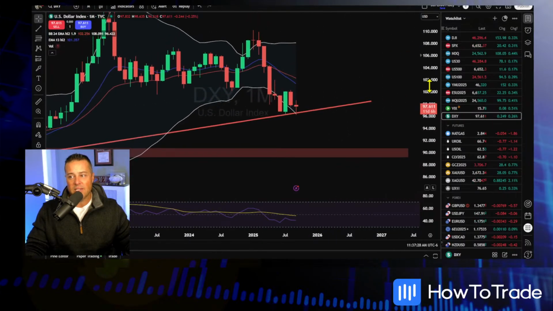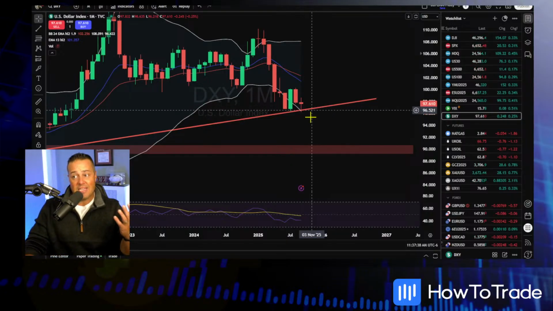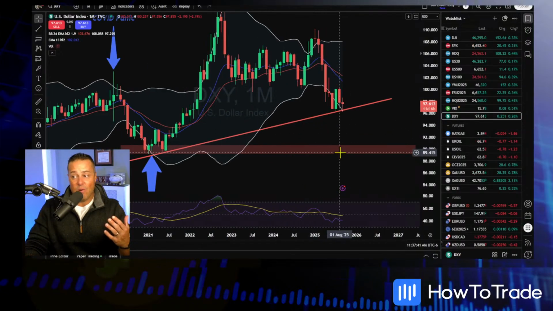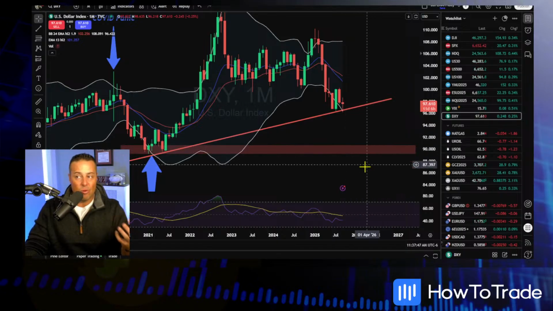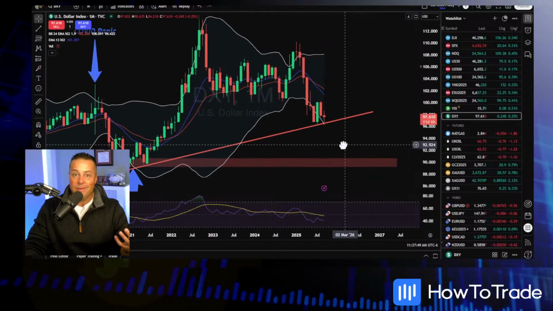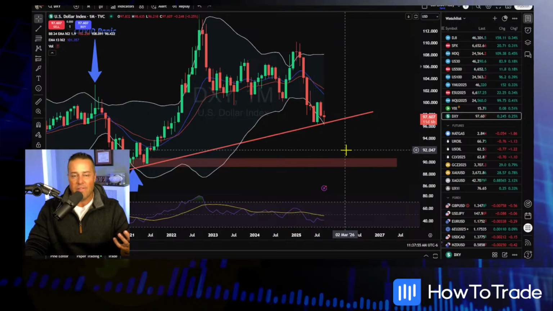What I would say is this downside, this level right here, this line somewhere between, I'd say 95 and 97, absolutely huge for the U.S. dollar. If you see this line taken out to the downside, I would say my next target's going to be somewhere on the COVID lows, the post-COVID lows, down around 90. I would say 92 or 90 will definitely come into play. No question about it. And the reason why is you're compressed. If you break and we get a monthly close down there, we could really fall away quickly.